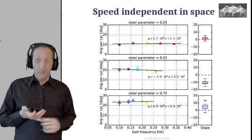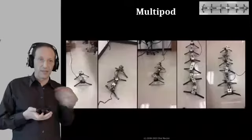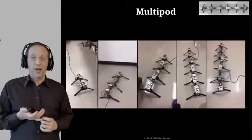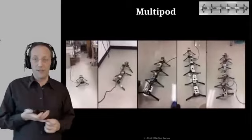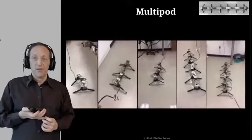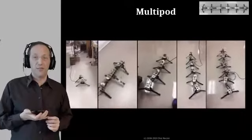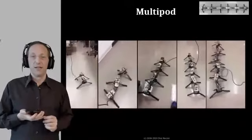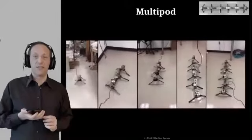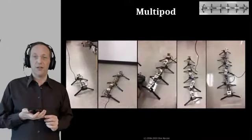Let's try and be a bit more ambitious and look at a great variety of different numbers of legs. So this is our multipod family of robots. You see them going all the way up from 4 legs to 12 legs. And what we do here is we explore both the number of legs and the impact of changing the phase difference between consecutive legs. That is, how far apart in time are consecutive pairs of legs. So if the difference is small, it will look like a long undulation,